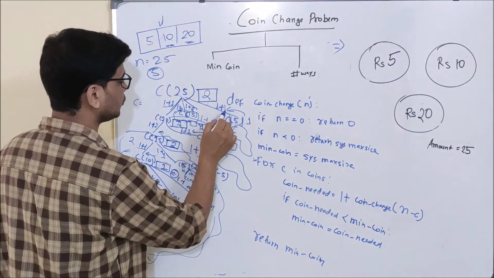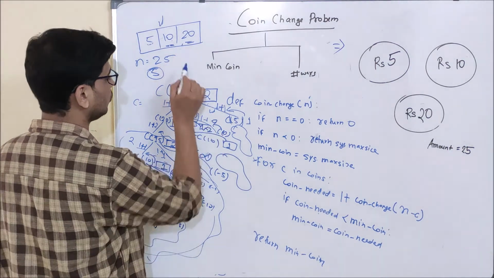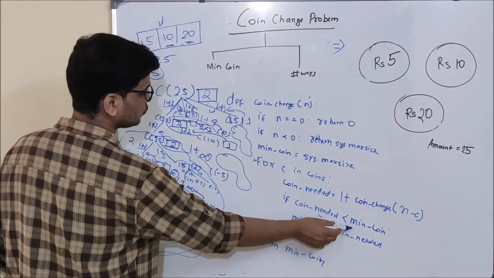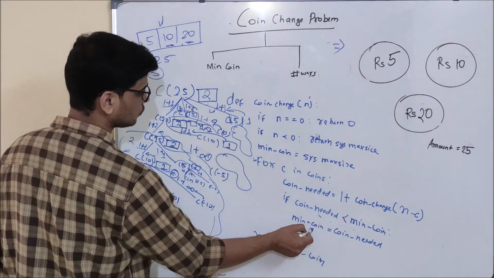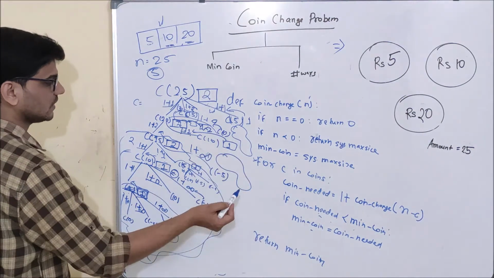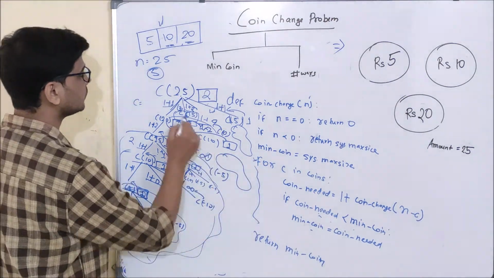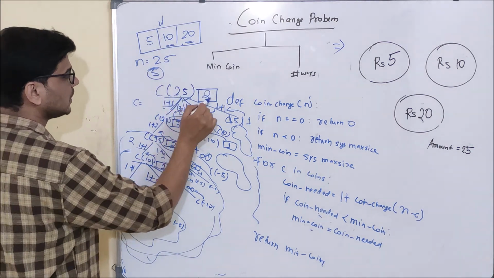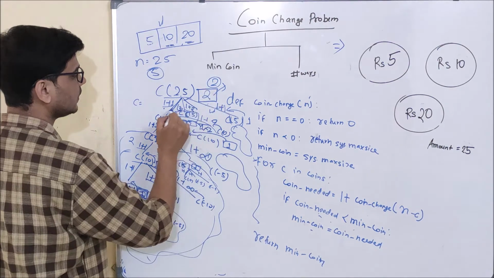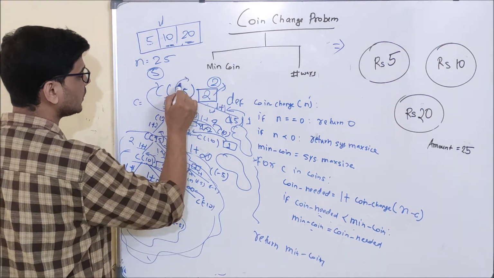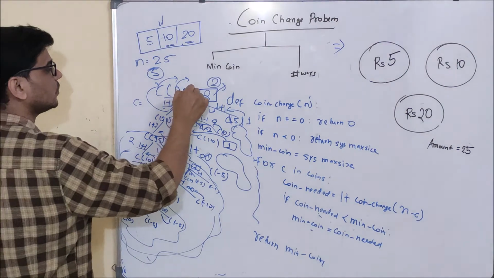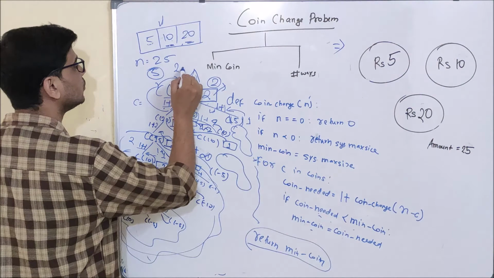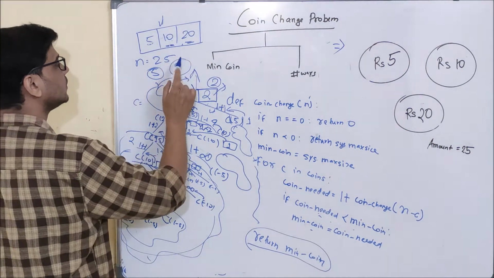So 1 plus 1 equal to 2, and coin needed for C equal to 20 is 2, and as you can see here, coin needed is 2, min coin is 2. So coin needed is not smaller than min coin, so this line will not execute. So basically this for loop will end for C equal to 25, that is C of 25 had tried all the options, and the minimum coin here is 2, and we are getting 3 in this option also and this option also. So what will C of 25 do? C of 25 will execute this particular line and will return 2 from here.